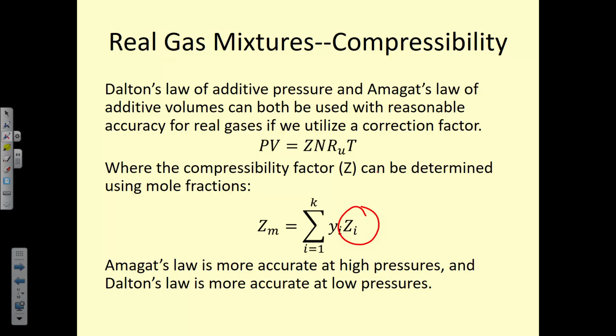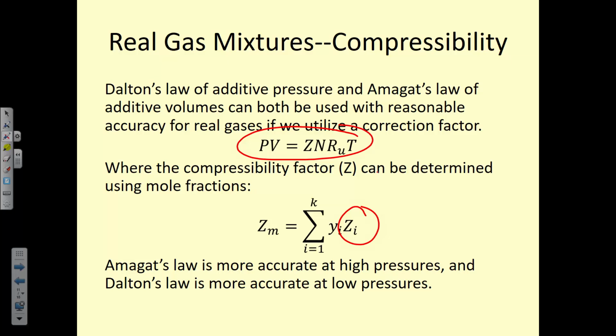Okay, so we can use these laws of additive pressure, laws of additive volumes, but we have to use the correction factor in our equation. So now we just add in this Z value. So we treat it as an ideal gas, we look up the information in the tables, we do the analysis as if it were an ideal gas, and we come up with some final value. And then we put in the correction factor using its actual temperatures comparing to the critical point. Okay, so we'll go through some examples of that where you can see how that works.